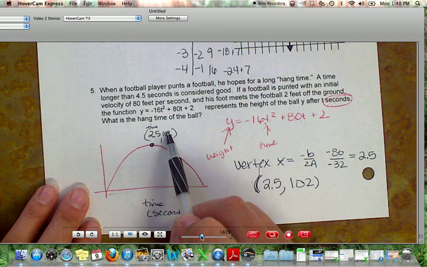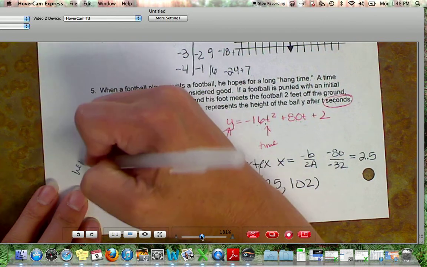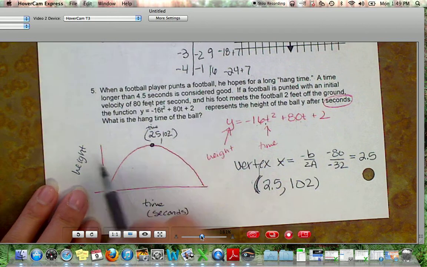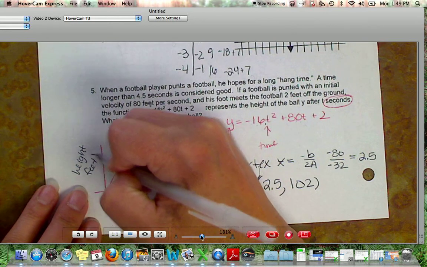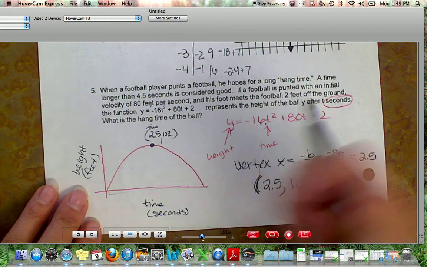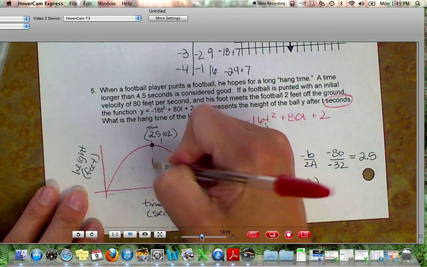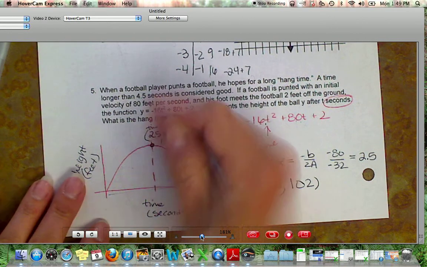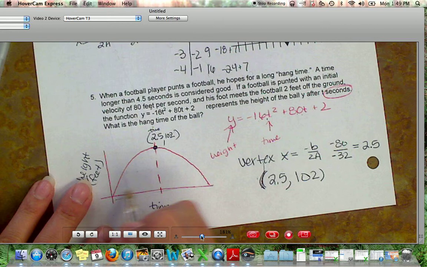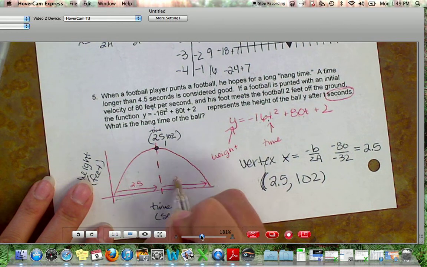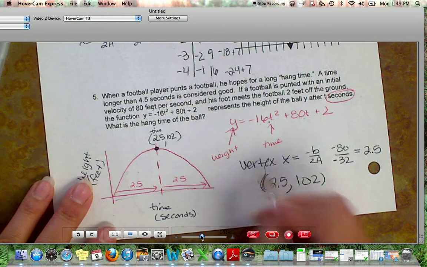And this y value, we said the y is the height, so this is height. We're not really concerned with height, so we don't know if it's feet, but, oh, it does say feet per second, so this would be feet. So it's going to go 102 feet high. Awesome. But how long is it going to stay in the air? So it takes 2.5 seconds to get to the top, and it's completely symmetrical. So if it takes 2.5 seconds to get to the top, then it will take 2.5 seconds to get to the bottom, which means the hang time